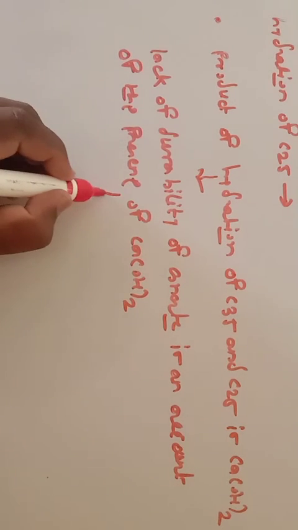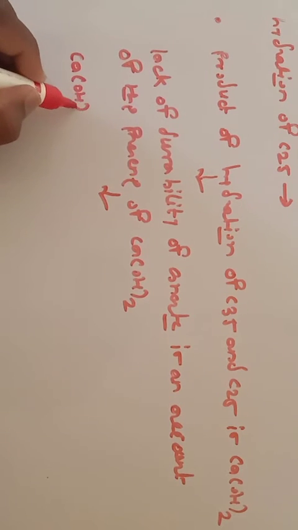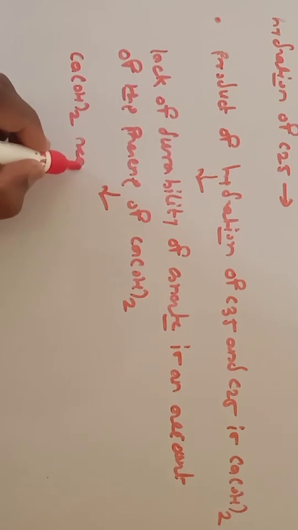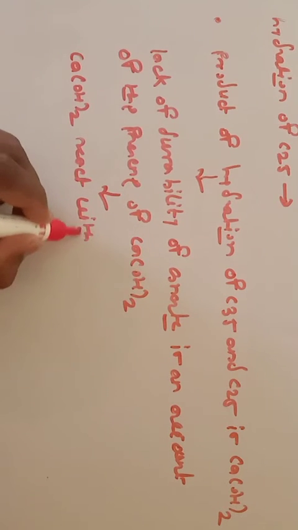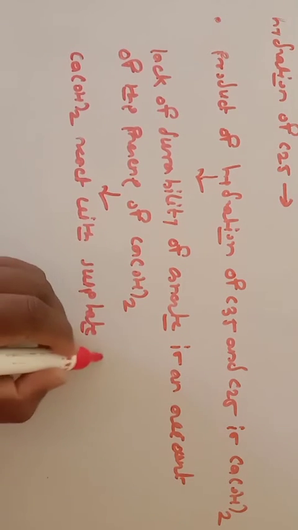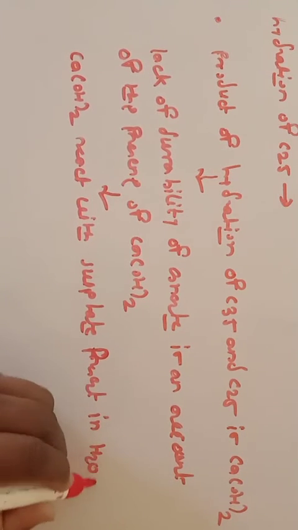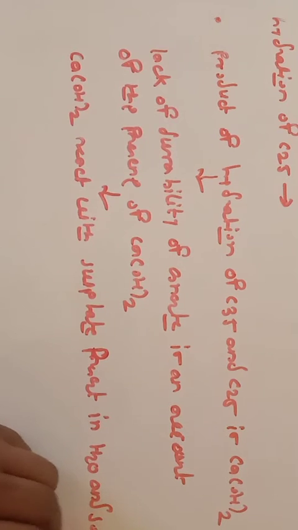So why does calcium hydroxide decrease the durability? The lack of durability of concrete is due to the presence of calcium hydroxide. This calcium hydroxide reacts with the sulfate present in water and soil, and forms calcium